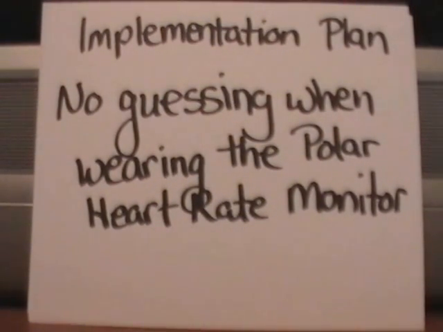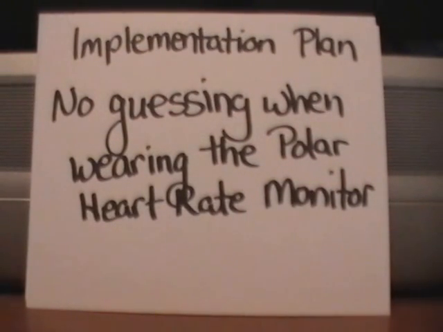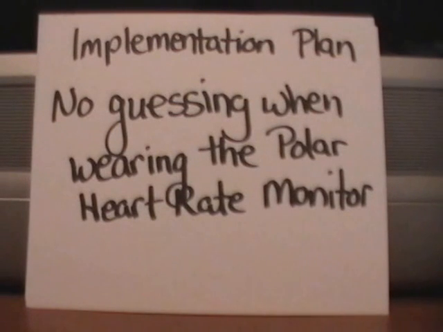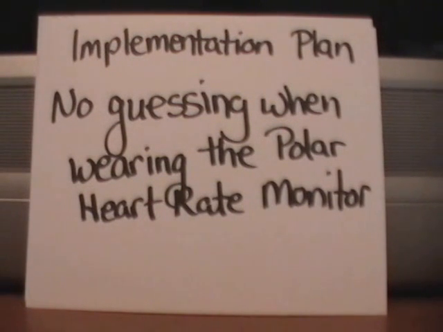With the use of the Polar heart rate monitors, there will be no guessing if the student has gotten in their target heart rate range. While in the fitness center, their heart rate will be displayed on the equipment, the stationary bikes, treadmills, and ellipticals, along with the wristwatch that they wear and the teacher's iPad. The out-of-class workout will be recorded on the heart rate monitor watch and then recorded into the teacher's gradebook when the student checks it in with the heart rate monitor.